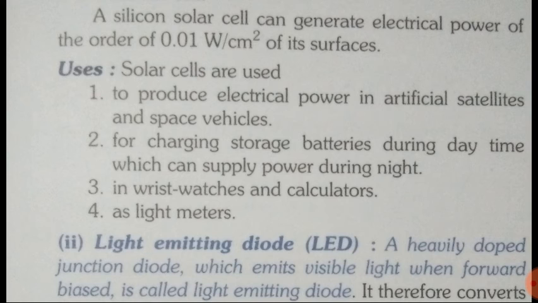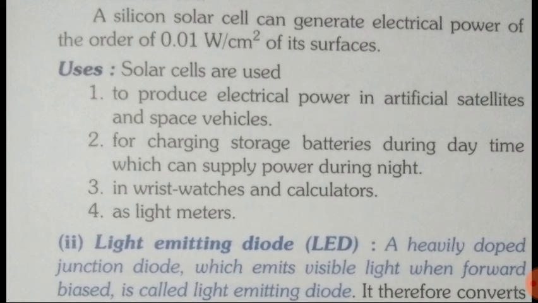So what we do is, in the wings of the satellites, if you have seen pictures of satellites, you can see that they have very big wings. In their wings we install solar panels. When satellites are revolving around the Earth, the sun is always there, so they continuously get solar radiation, and by absorbing that radiation, the solar panels continuously produce electrical energy. So solar cells are used in artificial satellites.